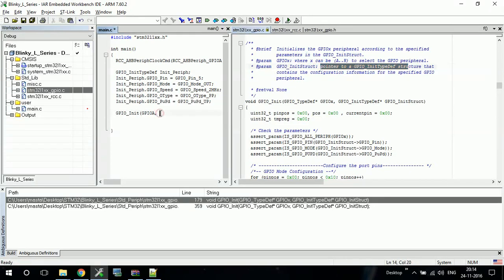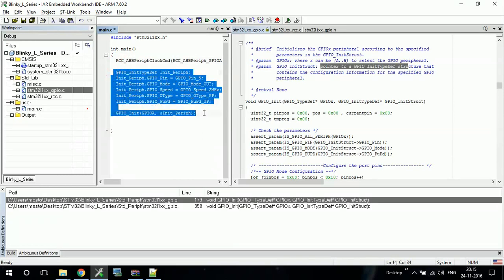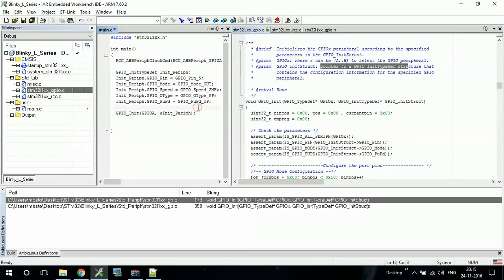So we'll write the address of init_PERIS. Okay, so now we have set up the clock and set up the pin or bit or whatever you want to say. So now let us write the code to blink the LED or to turn on off the LED.